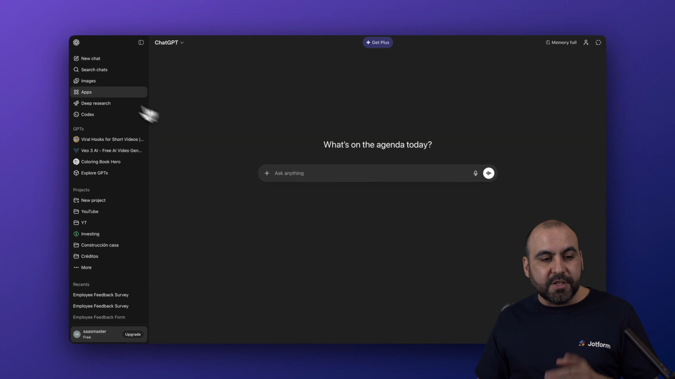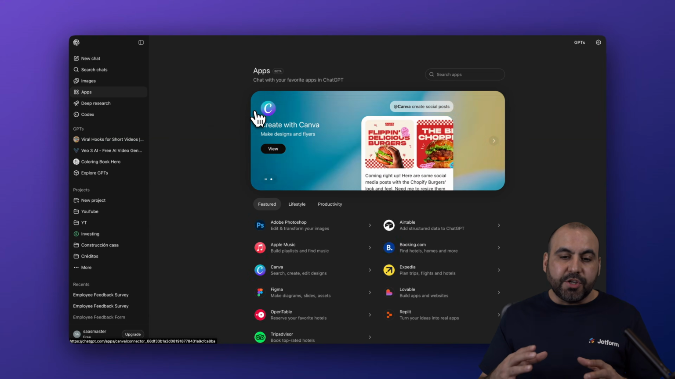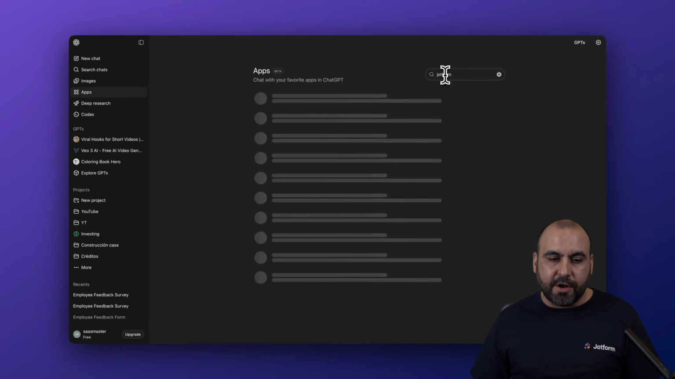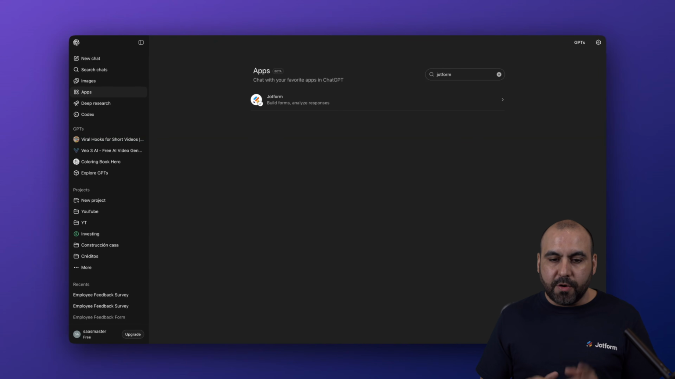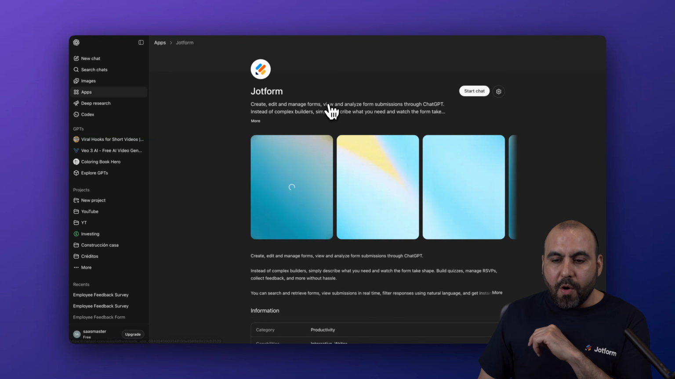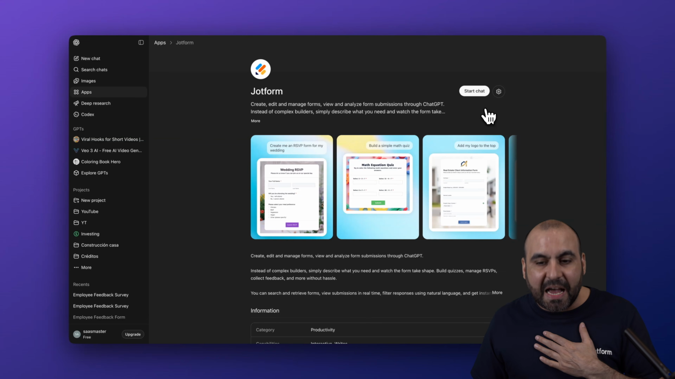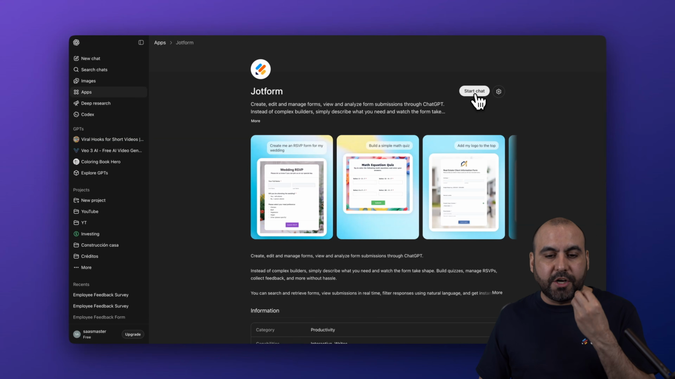To do that, we first need to go to apps, and we need to integrate Jotform with ChatGPT. So go ahead and search for Jotform right here in the apps. Once you do so, it's going to pop up right here. Go ahead and select it and integrate. In my case, I've integrated already, so I can go ahead and start chatting with it and creating a form